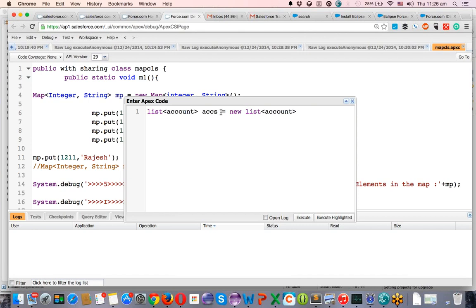It contains the account a equal to new account. Okay. Now a dot name equal to